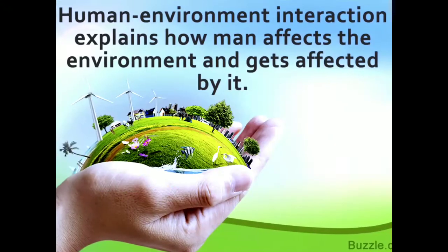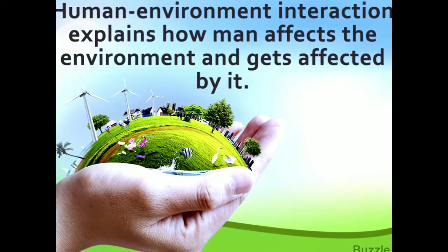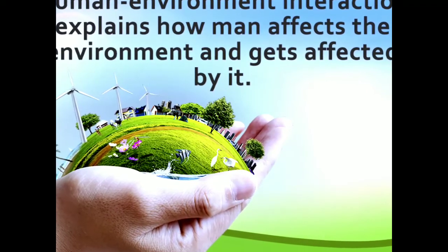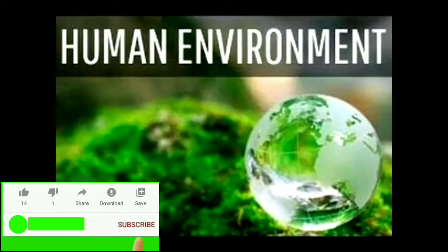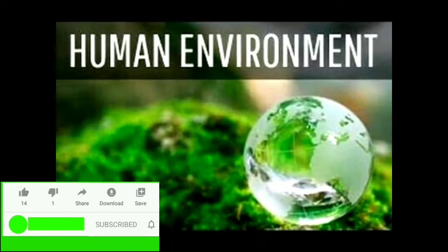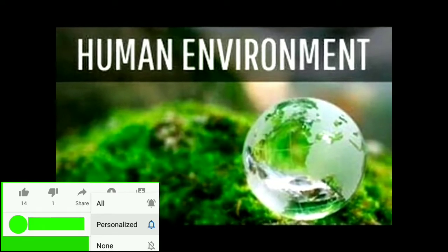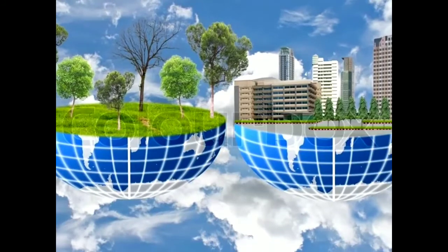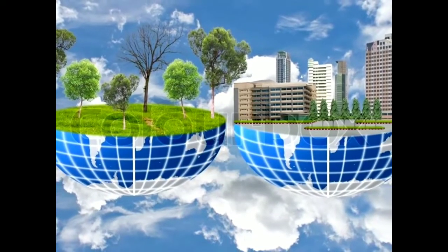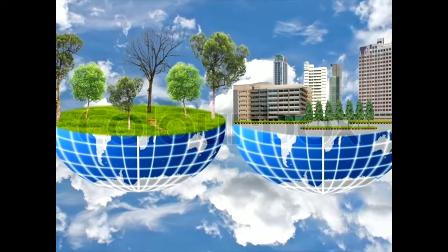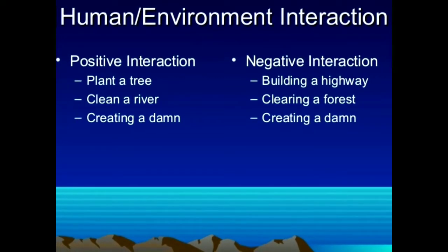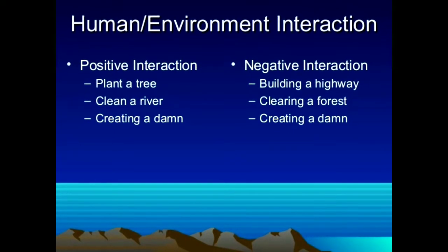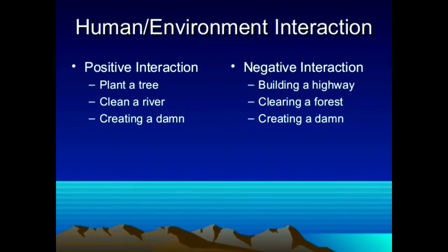Human environment refers here to the activities or creations or interactions of human with his nature. Let us discuss human environment first. We know that human environment refers to the creations of human or the activities like political or economic or religious, etc. Human is able to interact with the nature or the environment, and we are able to modify the surroundings